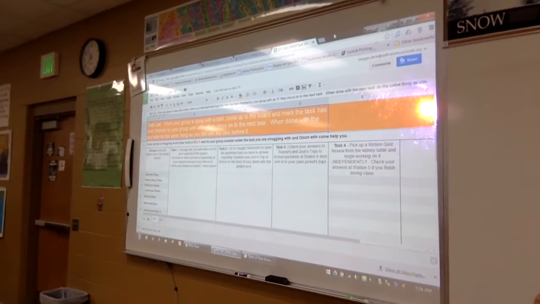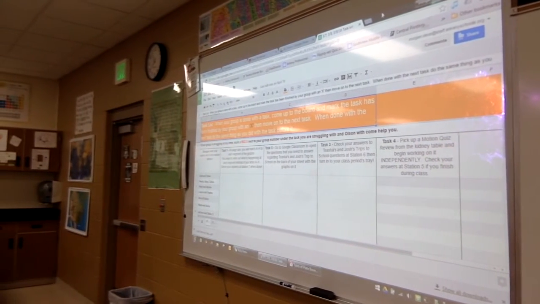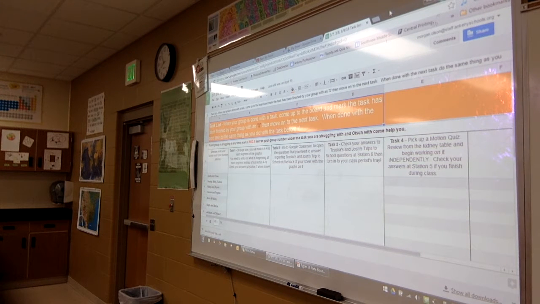With this task list, I gave them all directions as a class. Although in my first period I didn't provide it as a class; I provided directions to each group, and then I changed it up for the second class period. It worked a lot better and was a lot more efficient when I told the entire class the directions rather than each individual group. So essentially,